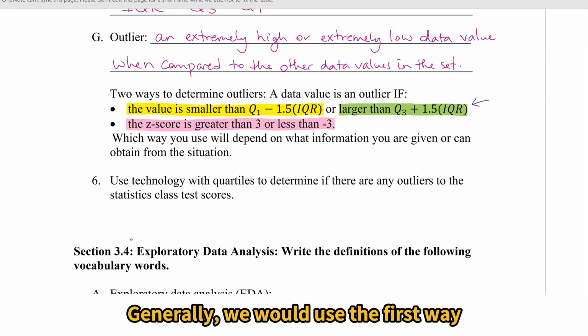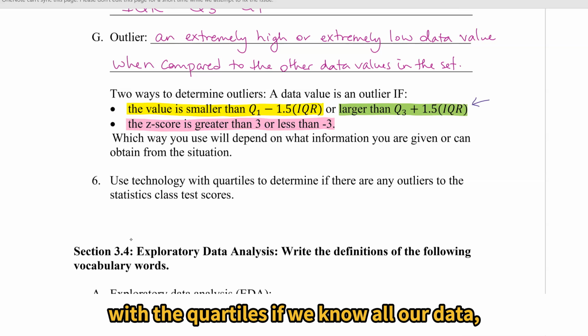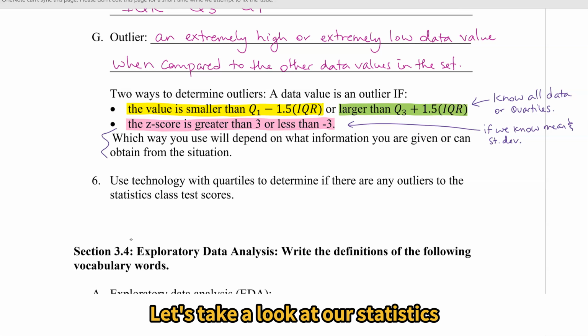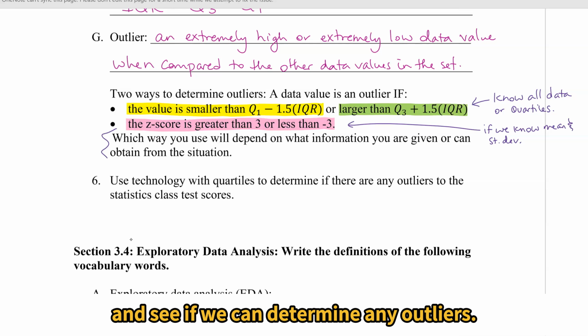Generally, we would use the first way with the quartiles if we know all our data or we know the quartiles. The second way with the z-score we would use if we know the mean and the standard deviation, which we could also get if we know all of our data values. So again, which way we use is going to depend on what information we're given or what information we can obtain from the situation. Let's take a look at our statistics class test scores again and see if we can